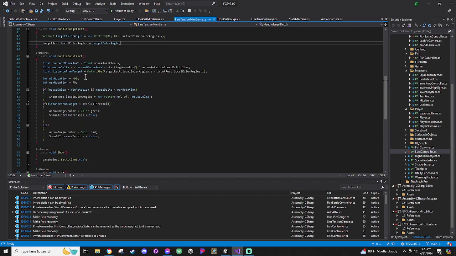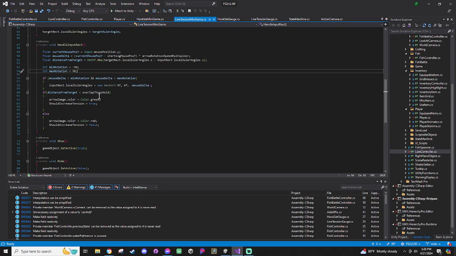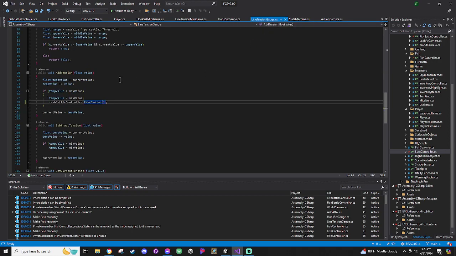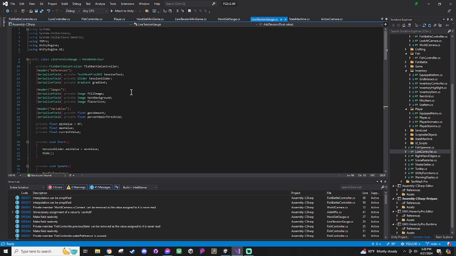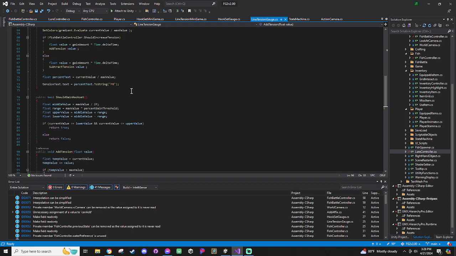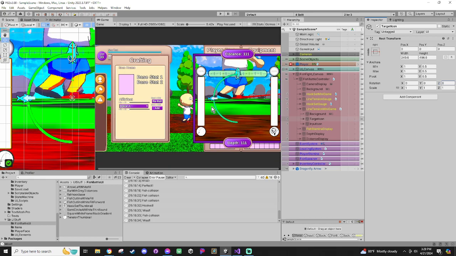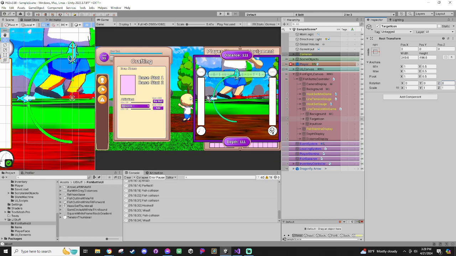Now for the input rect, basically this is copy paste, with some minor adjustments and improvements. Hook set gauge, line tension gauge. Yeah, these systems weren't difficult, so I didn't really get to do anything cool, which is kind of why I was procrastinating, because I already did these and I know they weren't difficult. I just got to put them in here now, and a lot of it's UI setup. It's just hard, I want to do UI, but